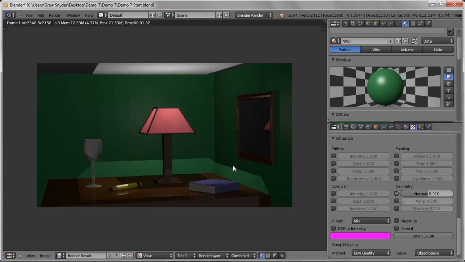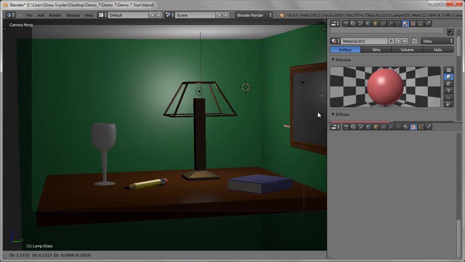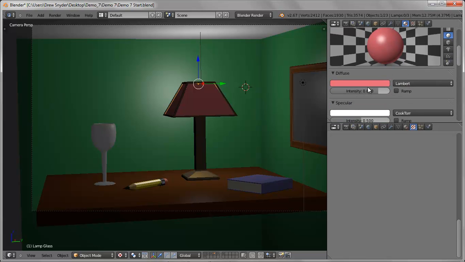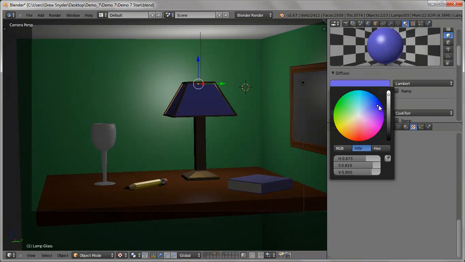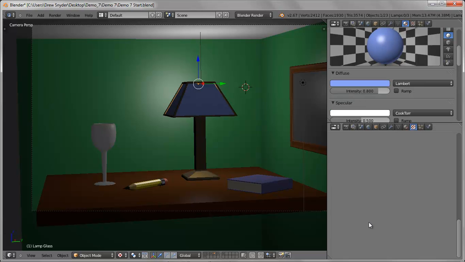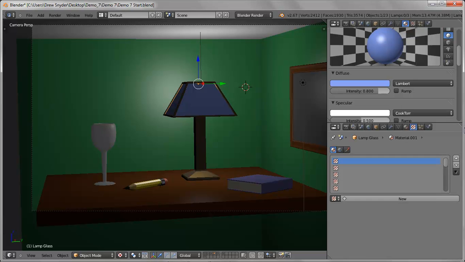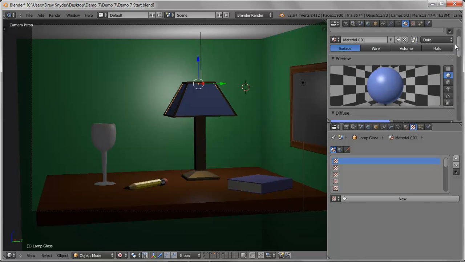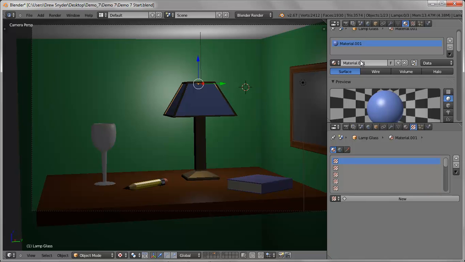So let's select the glass on the lamp next. And what I'm going to do is change the color. For starters, I'm going to make this a light blue, knock the saturation up a little, and the value. And I'm going to add a texture to this, so I'll go down and zoom up, and you can see now we're a different material, so we have a different name appearing. And actually, let me change this over to lamp